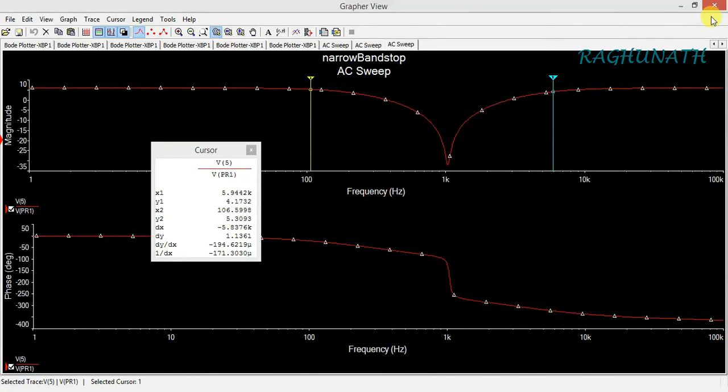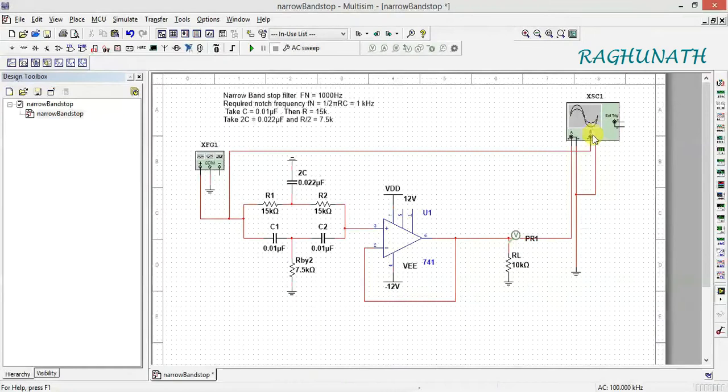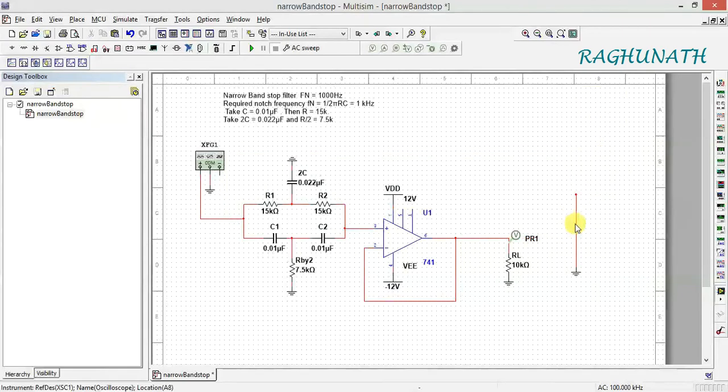This is how to see the output using CRO. Instead of this, I'll show you how to do it using a Bode plot. So to do that, you have to stop the simulation. To stop the simulation, after that I will delete this. Now instead of that, I'll use a Bode plotter. If I use a Bode plotter, so negative negative I will short it. Negative negative I will short it,